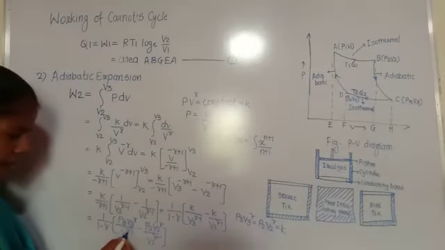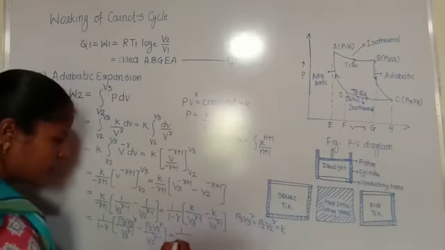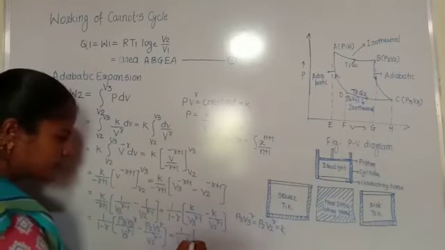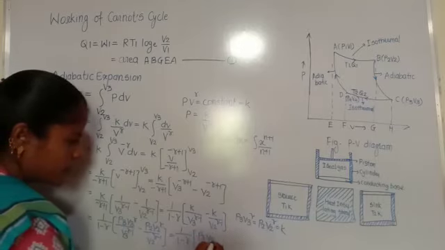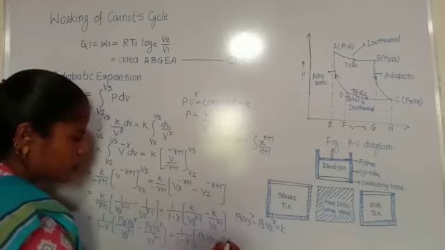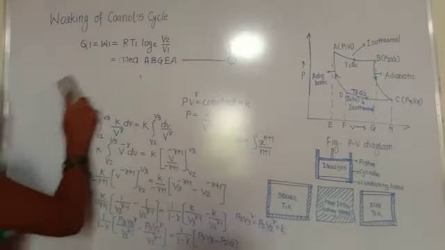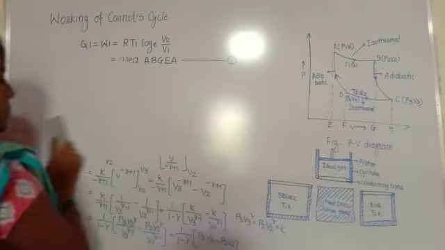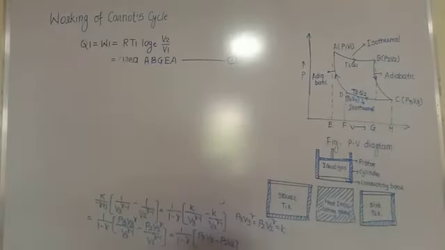So v3 gamma and v3 gamma cancelled, so we get the new term as 1 divided by 1 minus gamma, p3 v3 minus p2 v2. So this is the expression, and after calculating this, p3 v3 minus p2 v2 equals to,